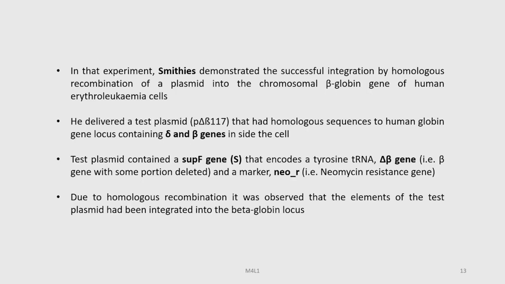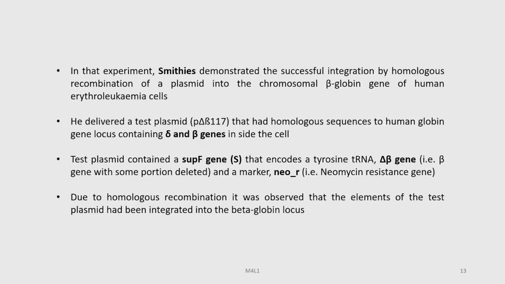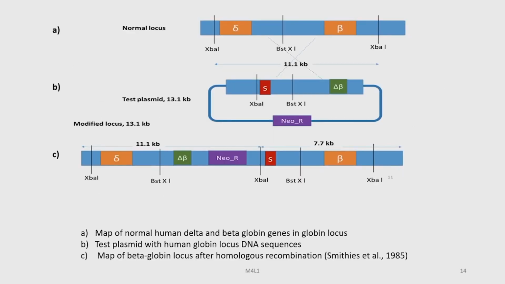The test plasmid contains a supF gene that encodes a tyrosine tRNA, delta beta gene, which is a beta gene with some portion deleted, and a marker neo-R, which is the neomycin resistance gene. Due to homologous recombination, it was observed that the elements of the test plasmid were integrated into the beta globin